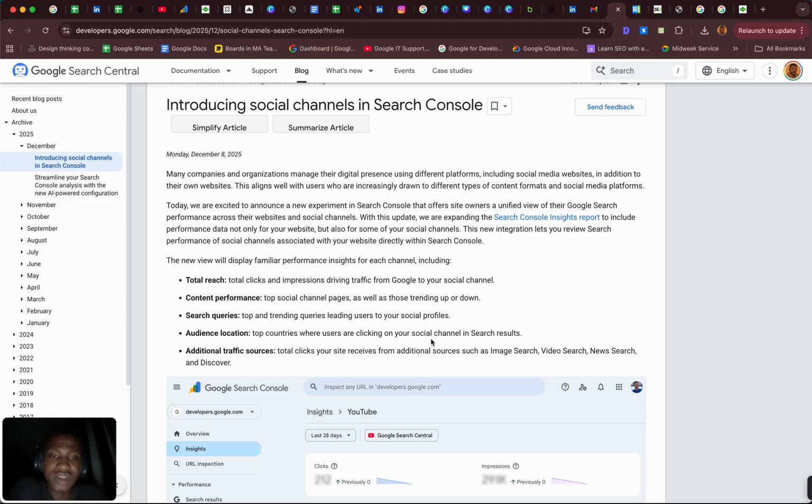They say that with this update, we're expanding Search Console Insights report to include performance data not only for your website but also for some of your social channels. This new integration lets you review search performance of social channels associated with your website directly within Search Console. That's to say that the social channels you will be able to track or see data for are social channels that are connected to your website directly. So if they are not connected to your website directly, then of course you are most likely not going to get